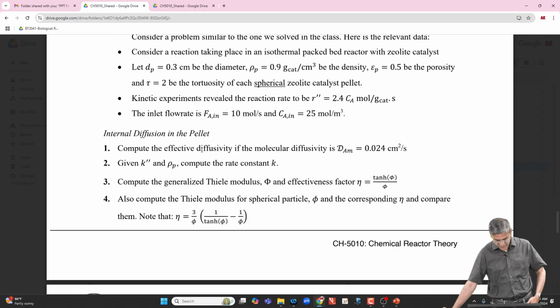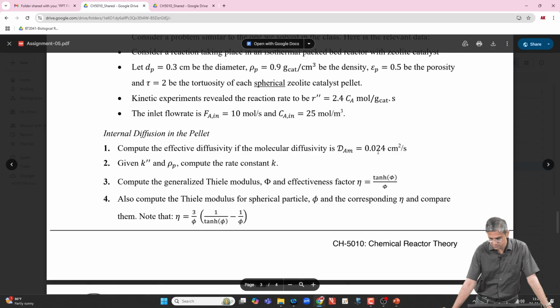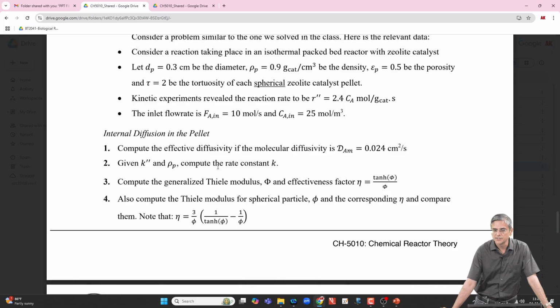Internal diffusion in the pellet, we will do the same stuff that you did in module 5b, but using the data the way it is given in the industry. Okay. So, the numbers are actually almost the same. DAM is 0.024, this is the